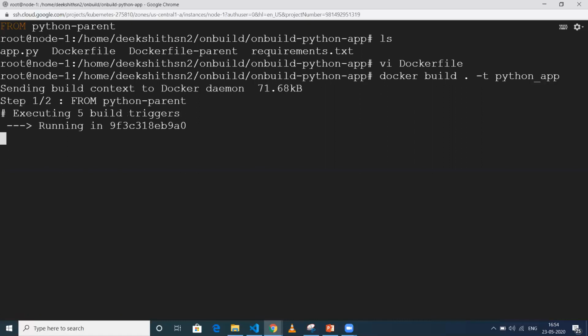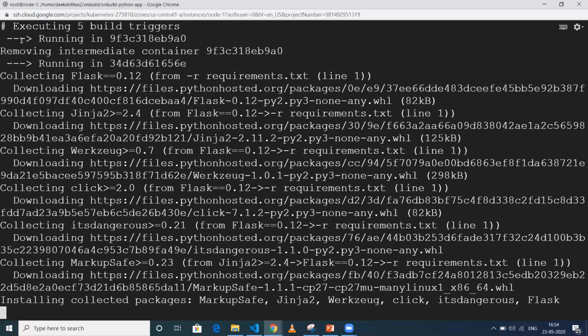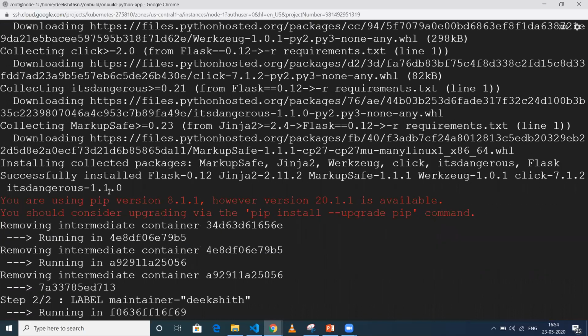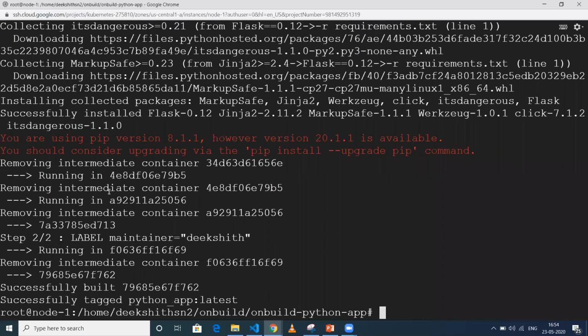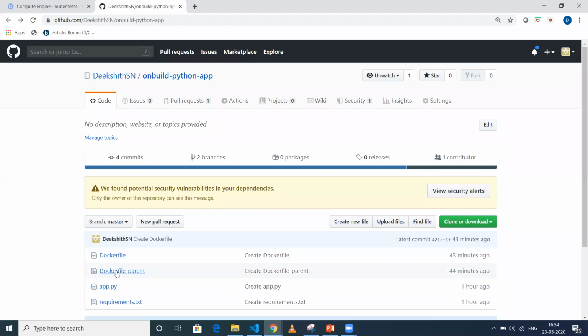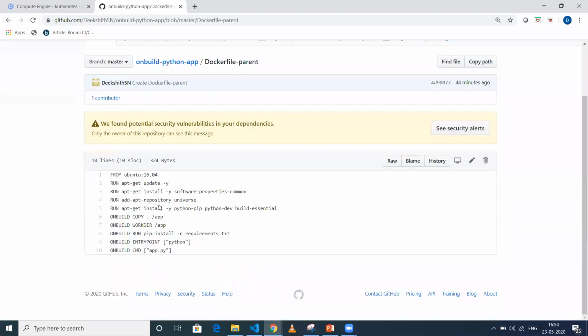Now if you see here, it says executing 5 build triggers. That means 5 ONBUILD instructions were there in my parent Docker image. That's the reason it says executing 5 build triggers. Now it will take a few seconds and it will install our application. If you see those instructions in this particular Docker parent, it is copying the current folder onto /app, and then it is making the work directory /app.